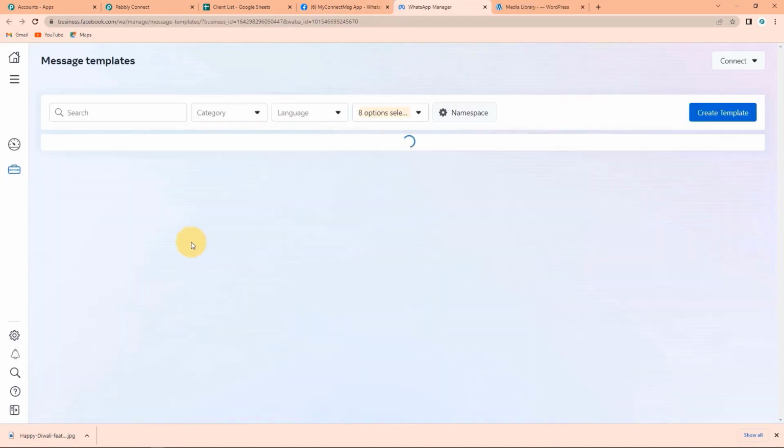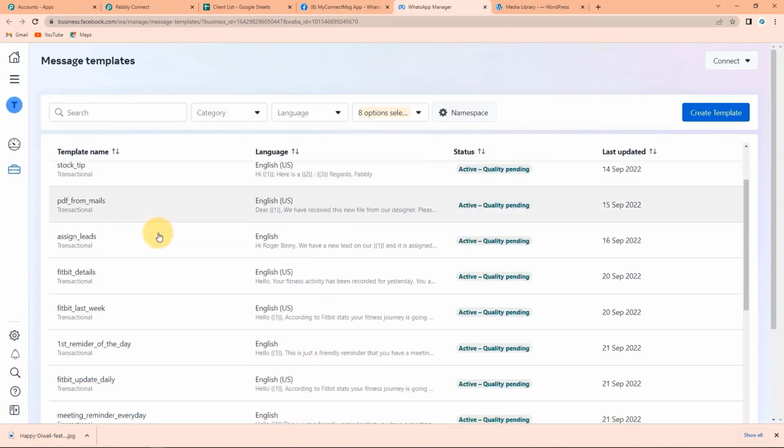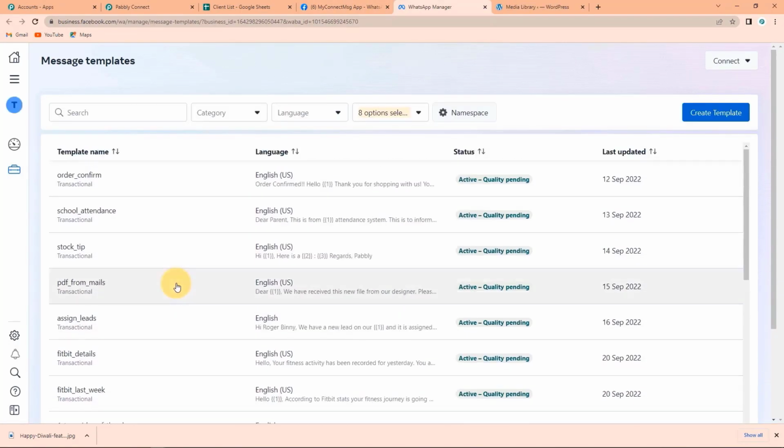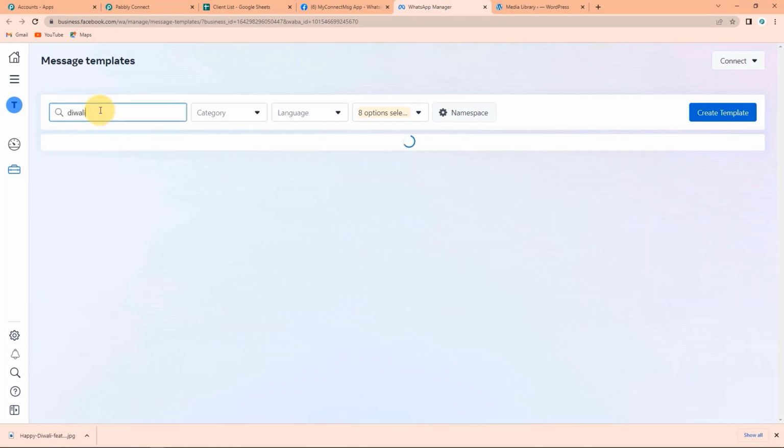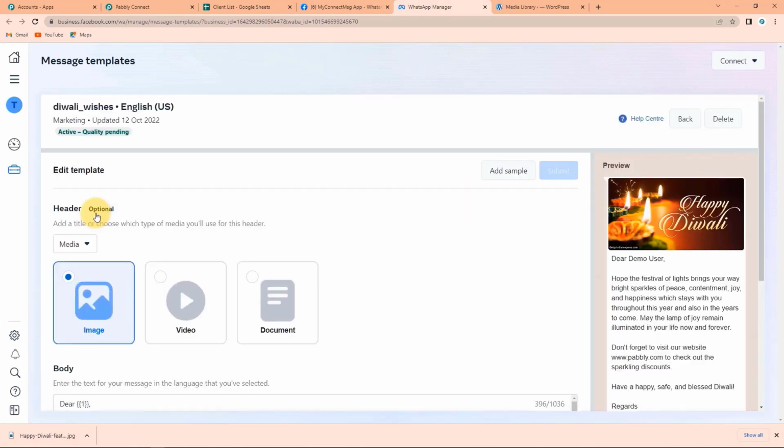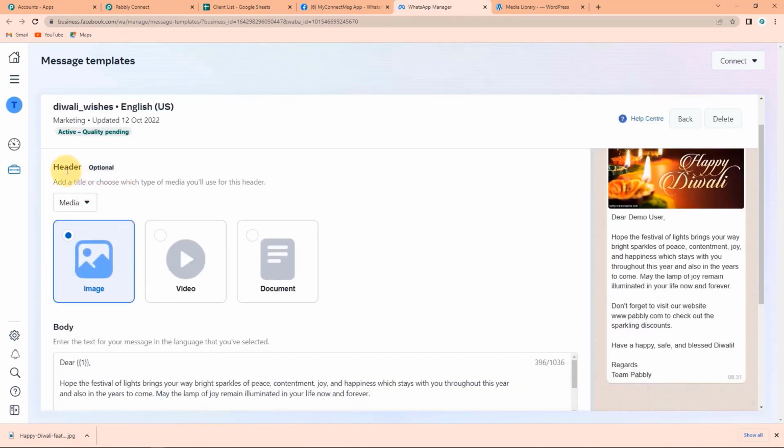Now here you can see that I already have created multiple templates, and to create your own template you have to click on this blue tab, create template. I have created a template and the name is Diwali wishes. Let's click on this. So here you can see first I have a header, I have selected an image, then